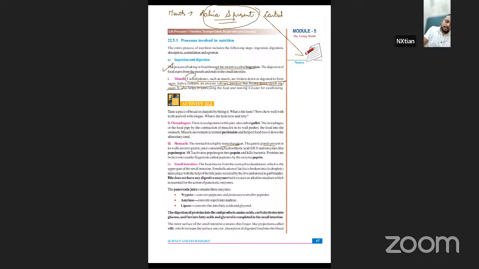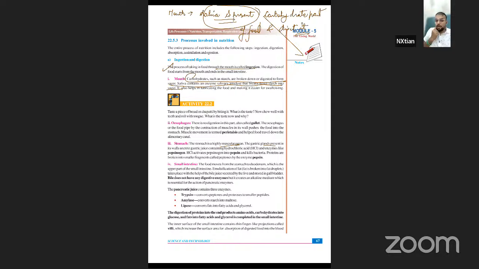They will attack the carbohydrate part of food and digest it. So they will not attack protein, they will not attack fats, but they will only attack the carbohydrate part of a food. Okay, and to make it simple,